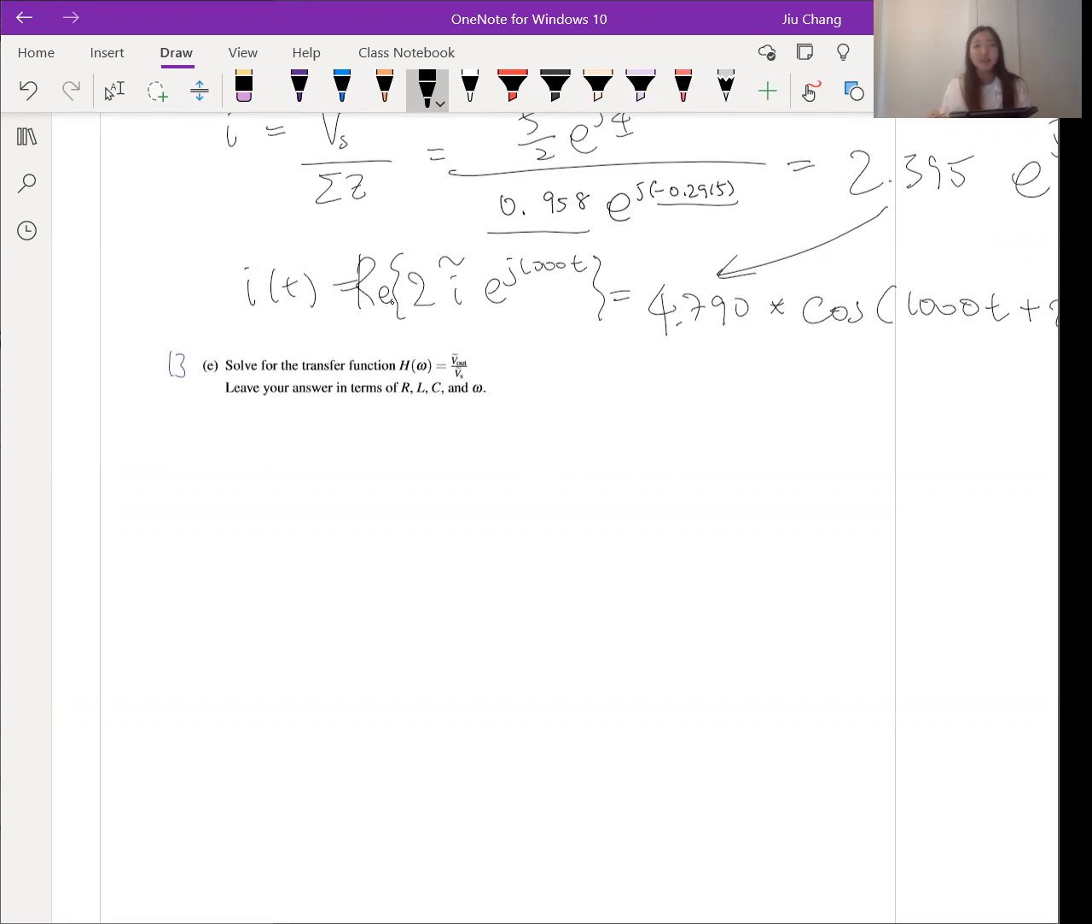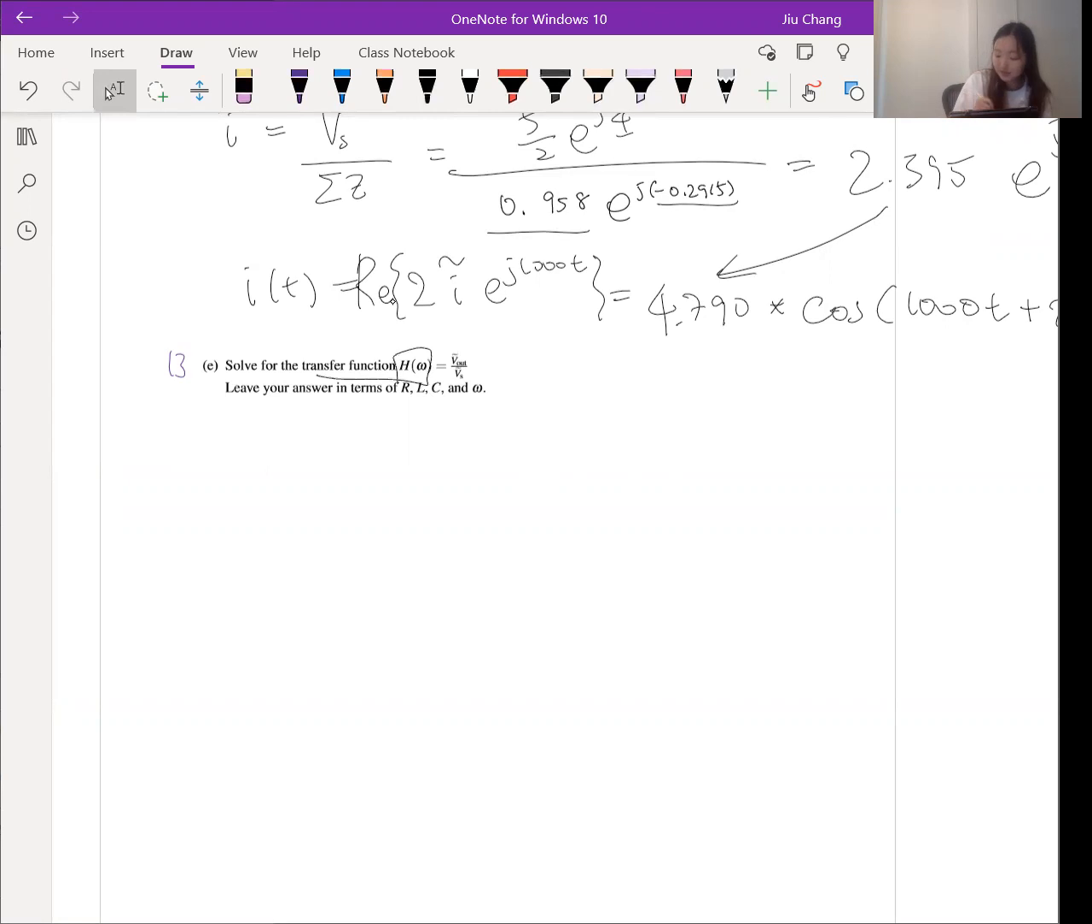This is week 3, and this is question 2. Okay, we're on the last part of our question 2, which is a question for solving